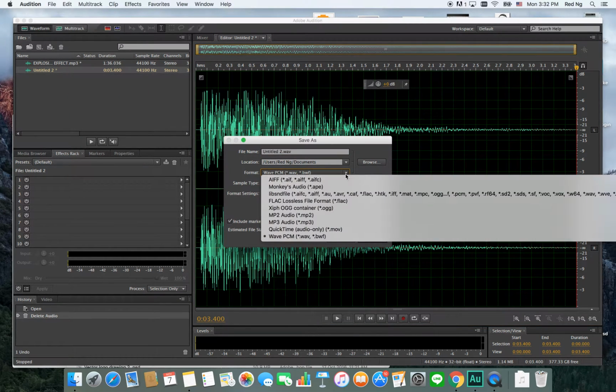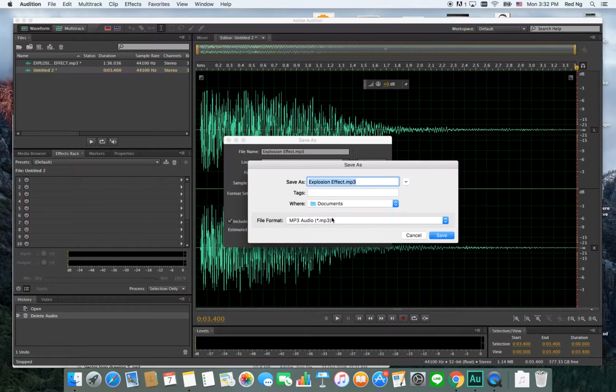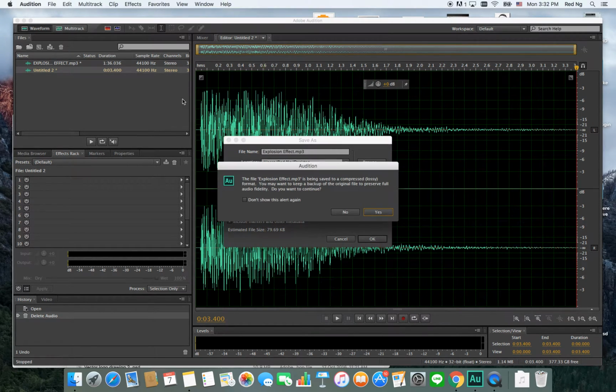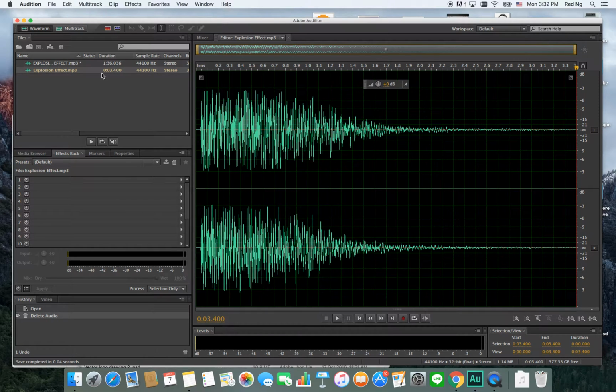You can save it as an MP3, and I just say explosion effect. Okay, and I'm going to save it to desktop, maybe. So after saving, it will become an MP3 file, and you can see anything that you saved would be in here, and you can see the first audio file,